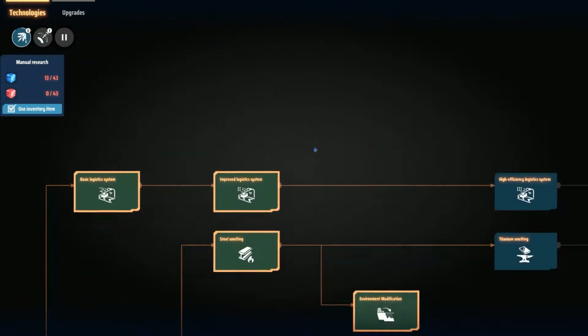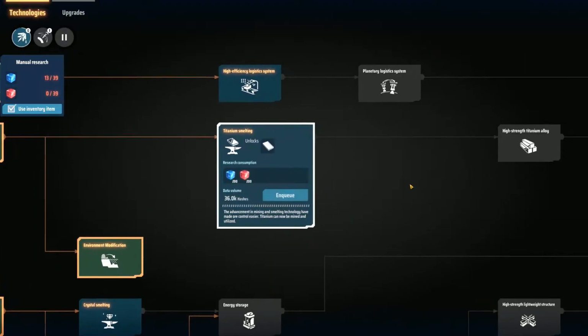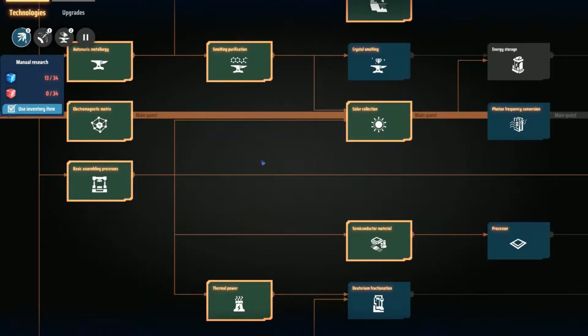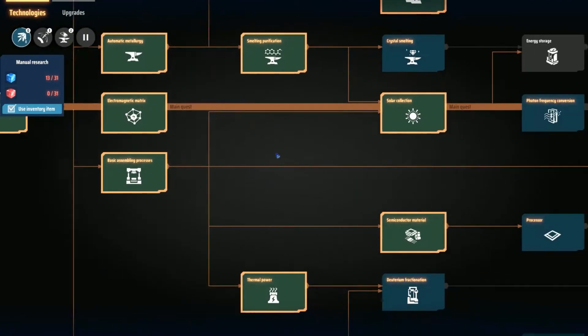Other things I would make sure you've got set up before you get there, or before we head off, is titanium smelting, because that is what we are ultimately looking for. To begin with will be titanium and also some silicon veins, which tend to be on the next planet,